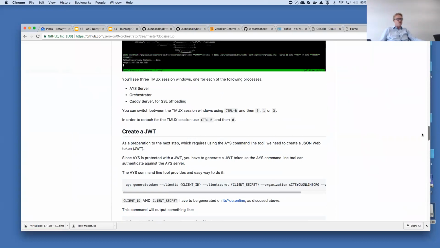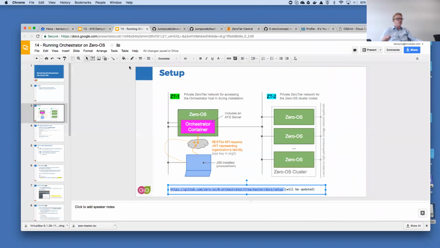Many of the things are still valid, but not for you to do manually, but for you to know what happens behind the scenes when you use indeed the installation script that we are about to introduce to you in a moment. Okay? So this is what we will do today.